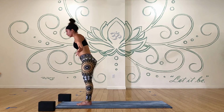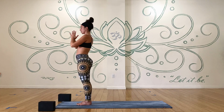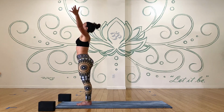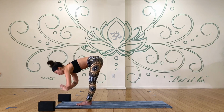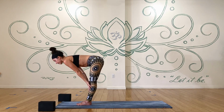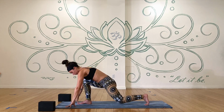Inhale, mountain. Exhale, Samastitihi, standing at attention. Inhale, mountain pose. Exhale, forward fold. Just go with the flow. Inhale, halfway lift. Exhale, plant your palms, step your left foot back, drop your left knee down, and same thing